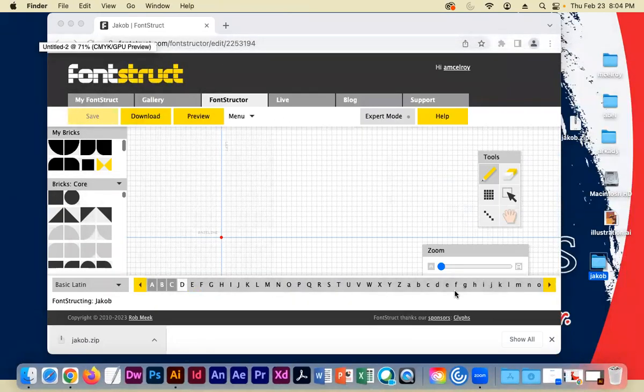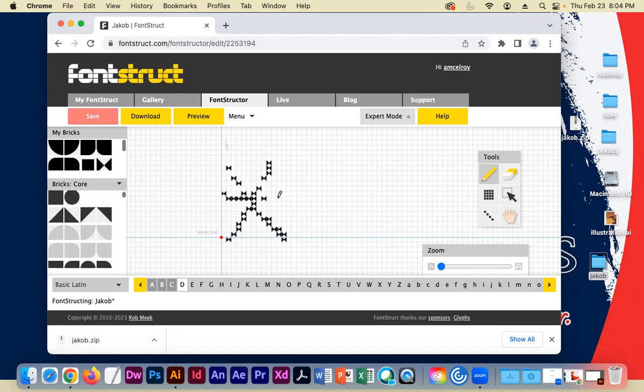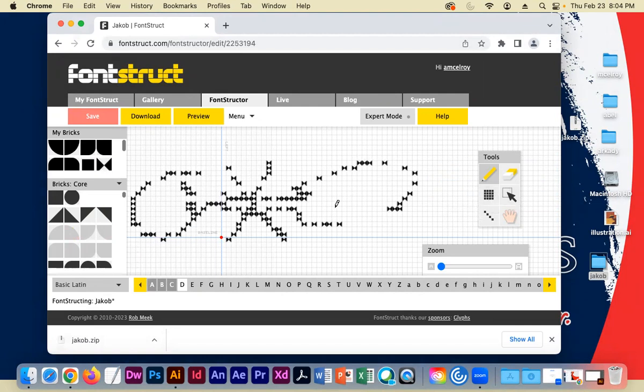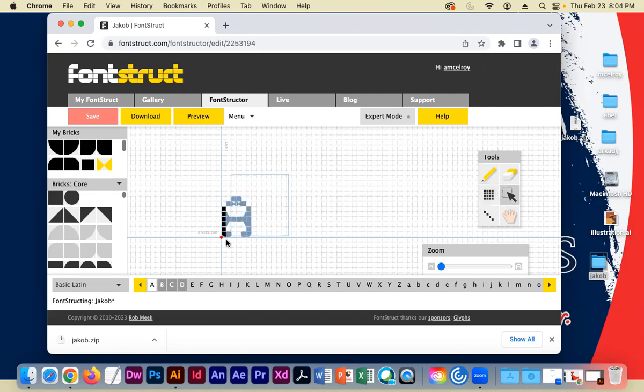So this thing is a legitimate type tool for creating a font. I used my diagonal line thing here. You'll see that you can literally pick a brick shape and create a handwritten letter. I mean, literally, I could take this